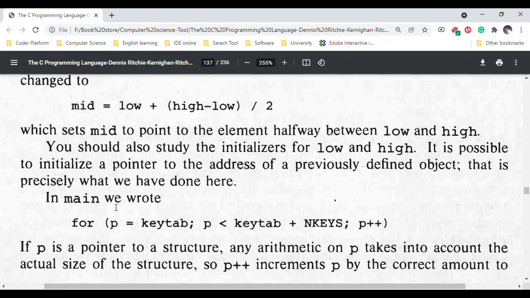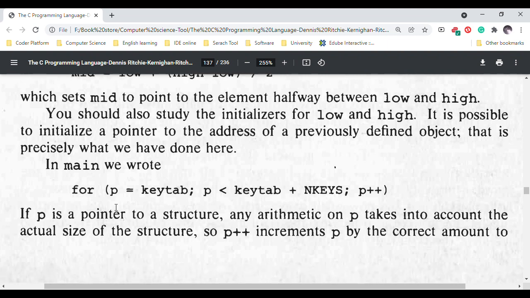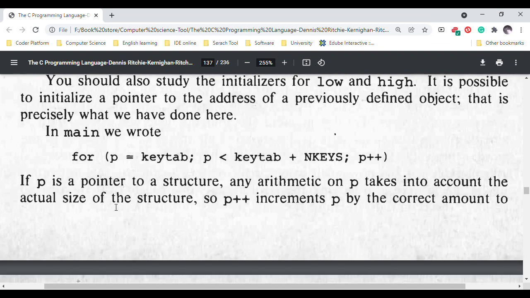You should also study the initializers for low and high. It is possible to initialize a pointer to the address of a previously defined object. That is precisely what we have done here. In main, we wrote,